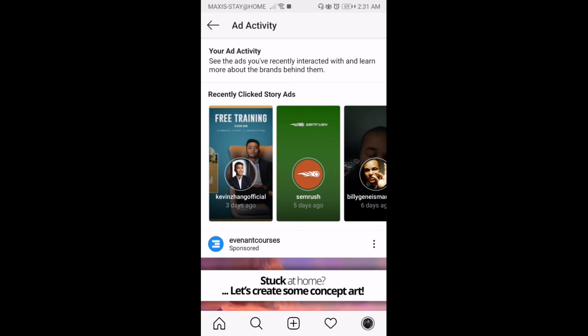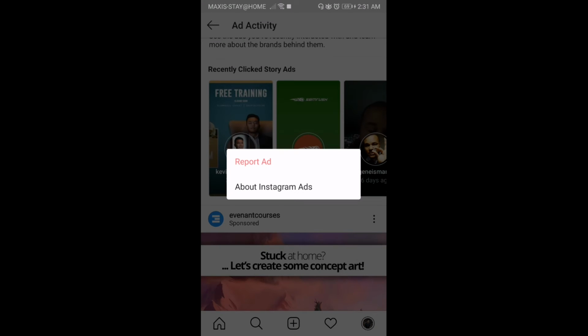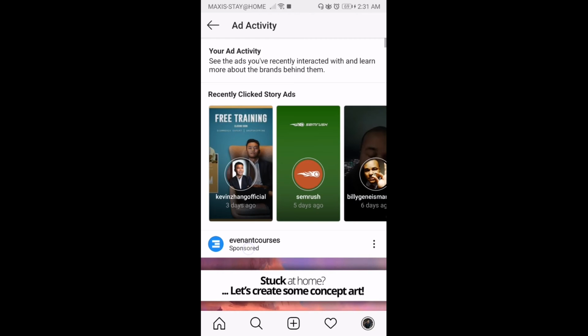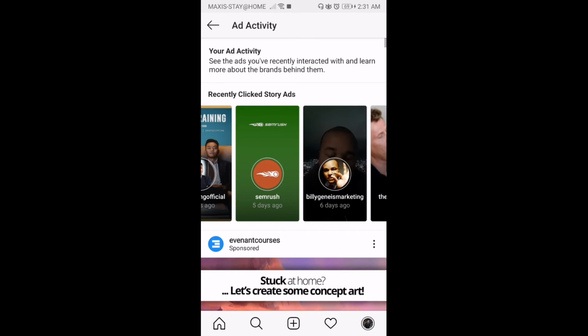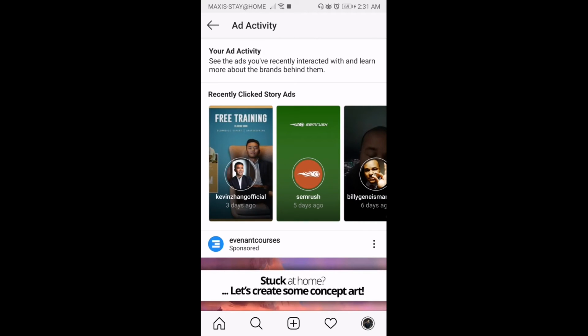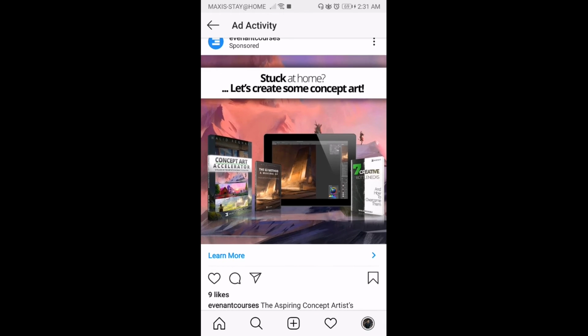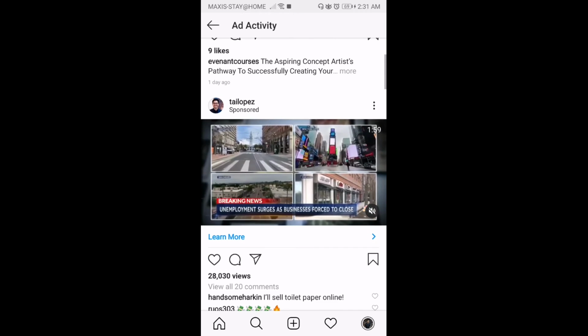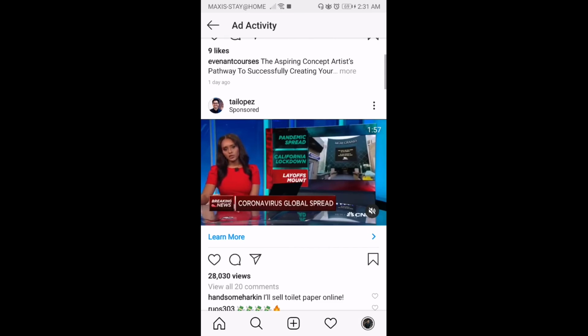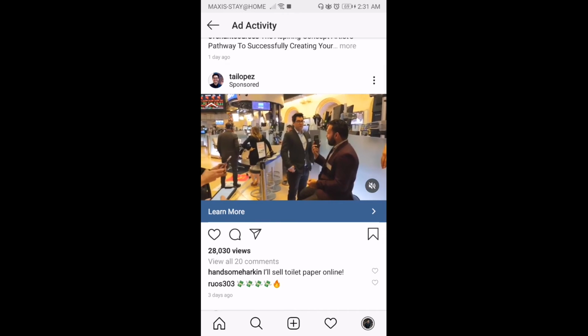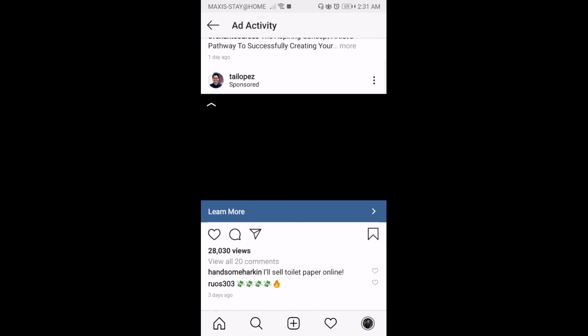So you can see what company they are from and things like that, or you can report and things like that. So for example, this is a few story ads that I've clicked recently. There's a lot about digital marketing because this is the field that I'm in. And then of course, when you look into the ads that I clicked previously, also Tylo Pets again, interesting ads. And this is how you find back all the ads that you clicked,